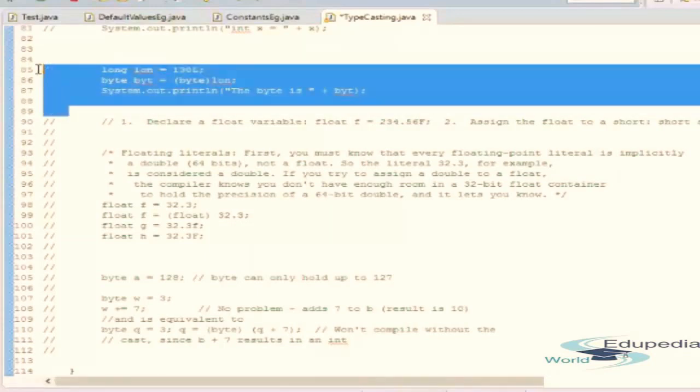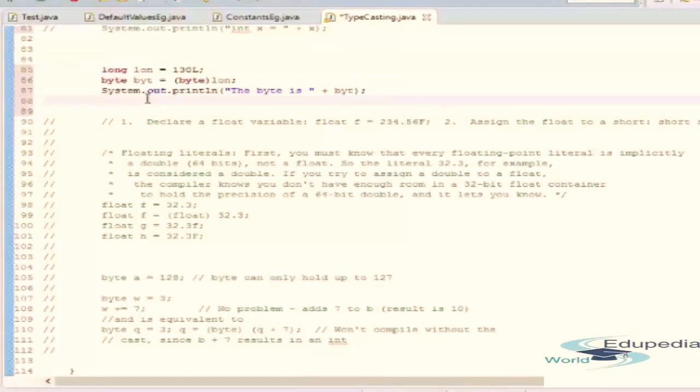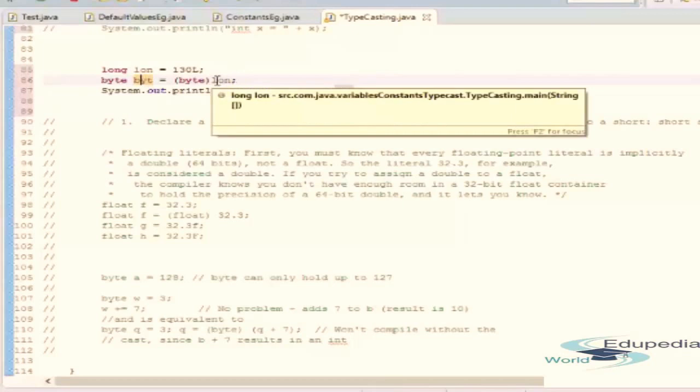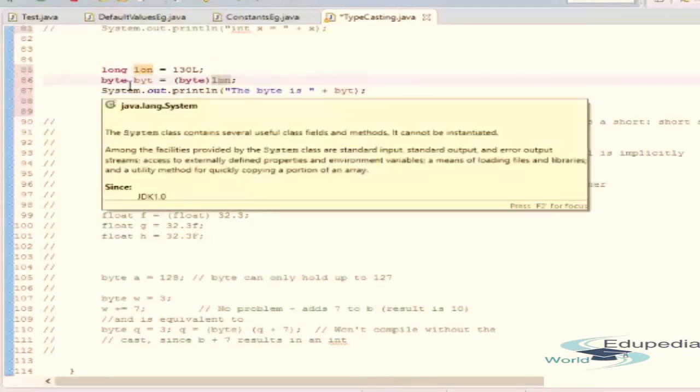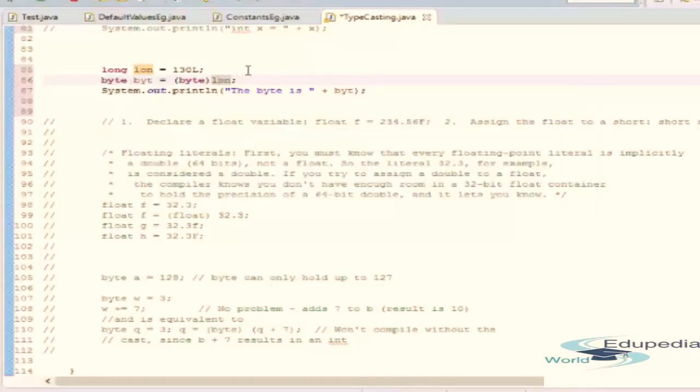Okay, what's up here? Fine. So in this example, we are taking a long variable and assigning it 130L, perfectly fine. We are assigning a long value to a long variable. Then we have a byte variable and we are assigning a long variable to a byte variable. So over here you need to typecast it because a